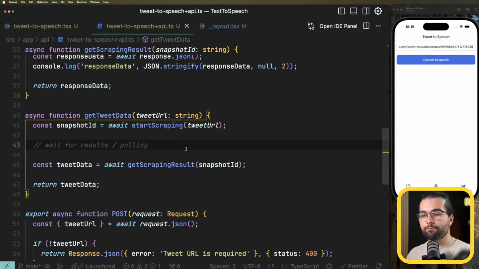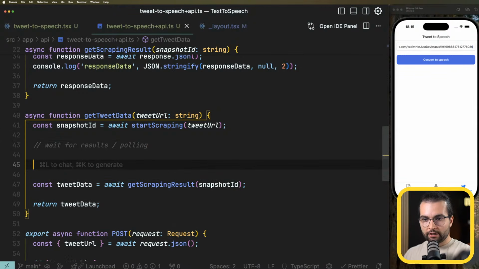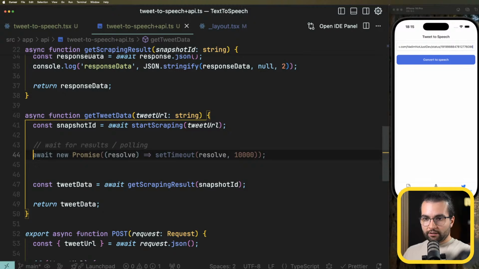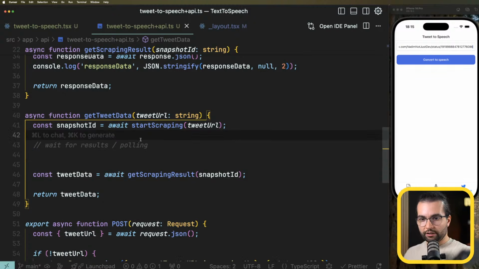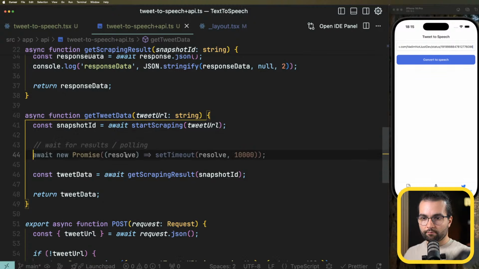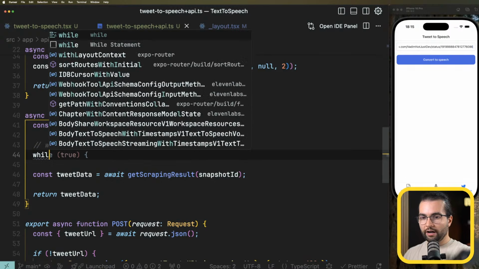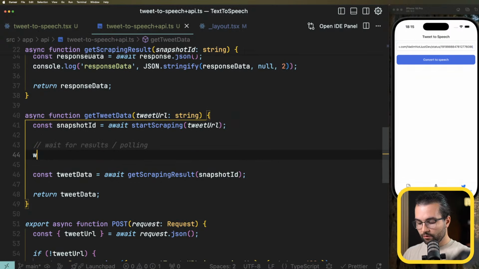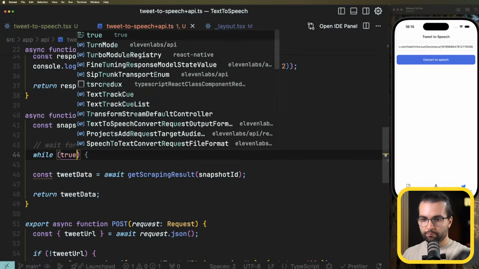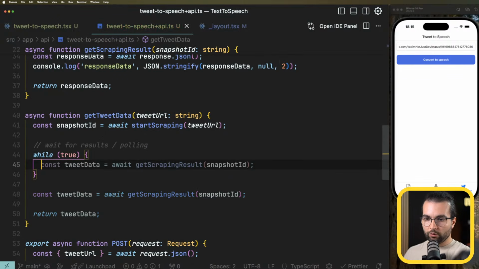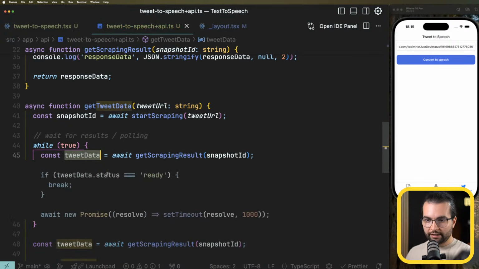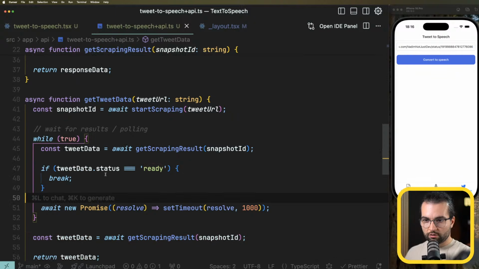We can implement some polling mechanism. For that, what we're going to do is while, let's say while true, I want to try to get the tweet data, and if status is equal to ready,